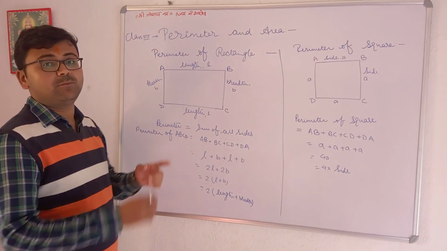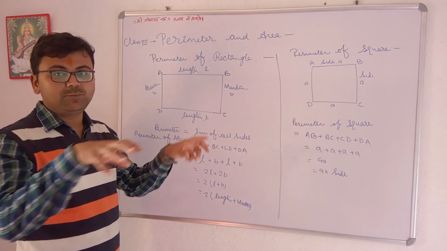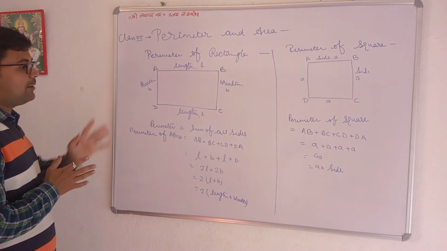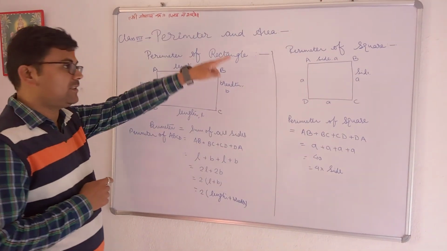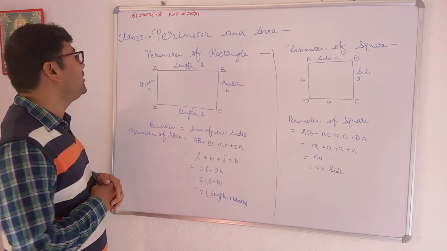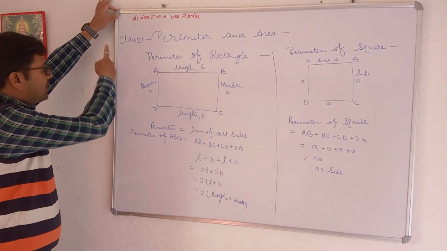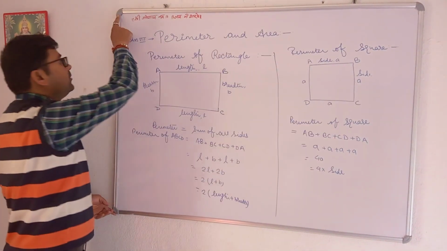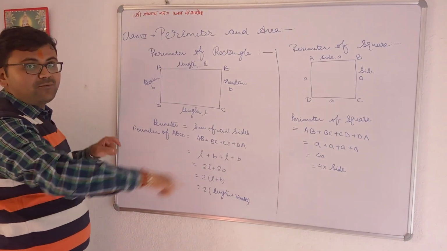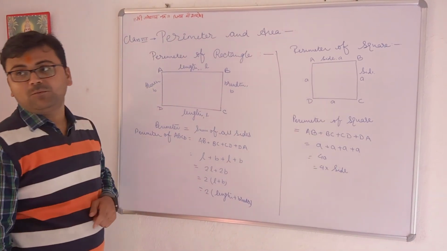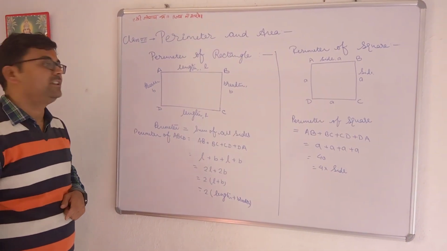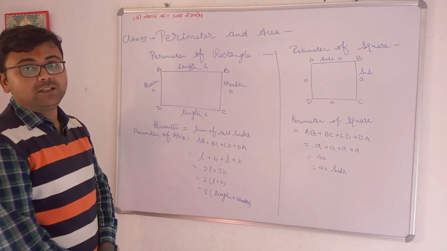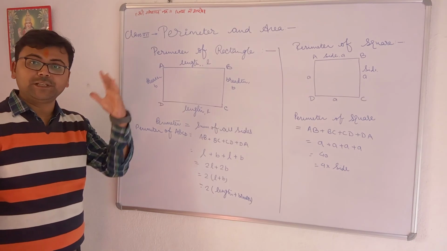Perimeter is nothing but the boundary surrounding any particular area. Okay, then if suppose we have to find out the perimeter of this whiteboard, then what shall we do? We shall fix a tape here to here, then here to here, then there to there, and there to here. And the sum of all these four lines will be called the perimeter of this whiteboard. So we have to find out the perimeter.